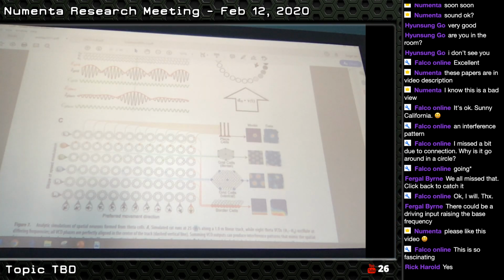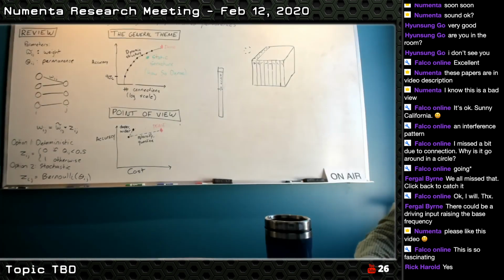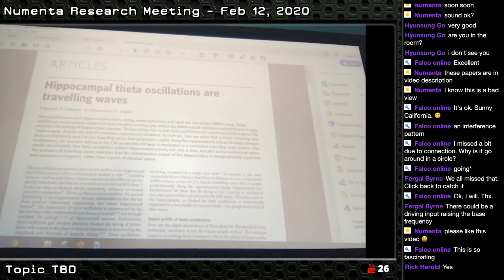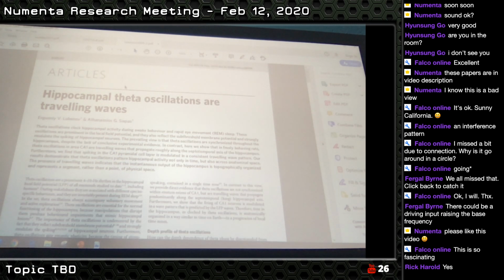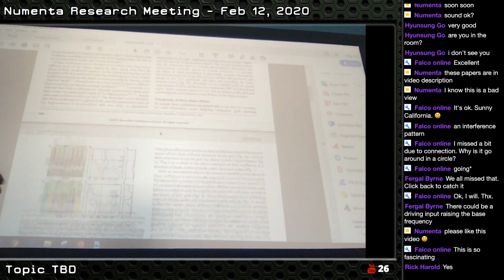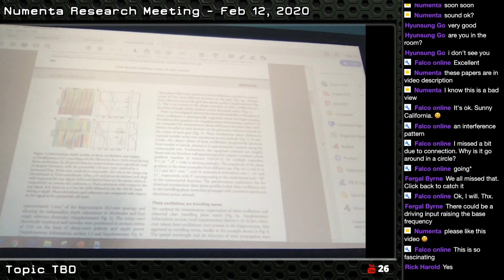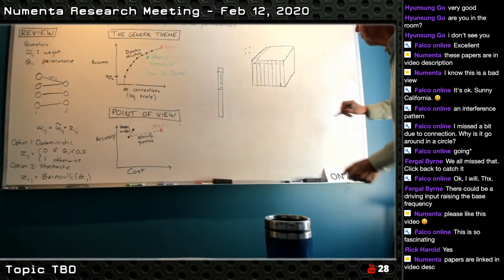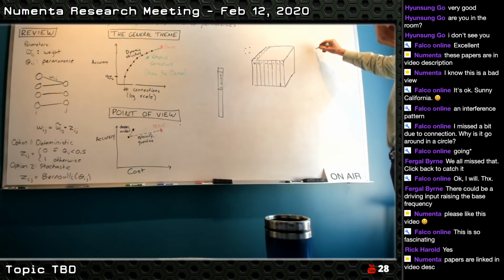called hippocampal theta oscillations or traveling waves. This was 2009 by Lubenov and Siapas. And what they show here, and I won't go through all the details of it, there's a lot of methodological stuff that they did to get this to work. But what they basically show in the hippocampus, not here, but in the hippocampus, if I were to look at